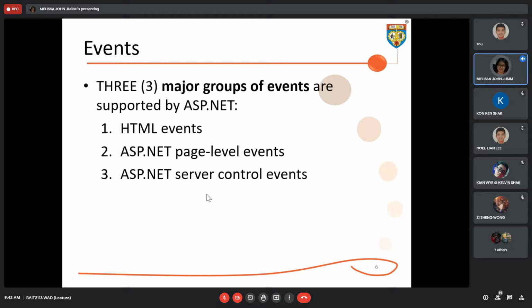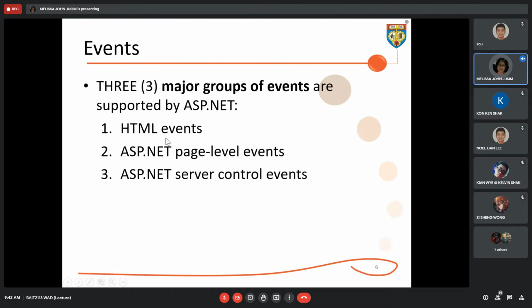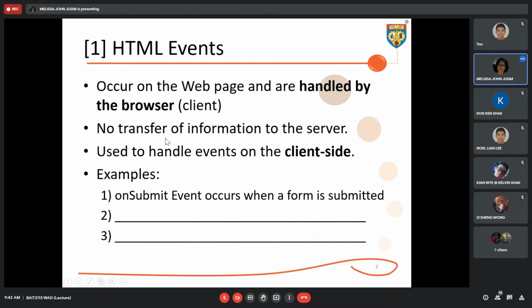Right. Now, next one, HTML event. So this is the first one, the first group of events supported by ASP.NET. Like what I mentioned just now, it occurs on the web page. Okay, so it is handled locally. What does it mean? It means it's handled by our web browser, the client part. So it's not server side.